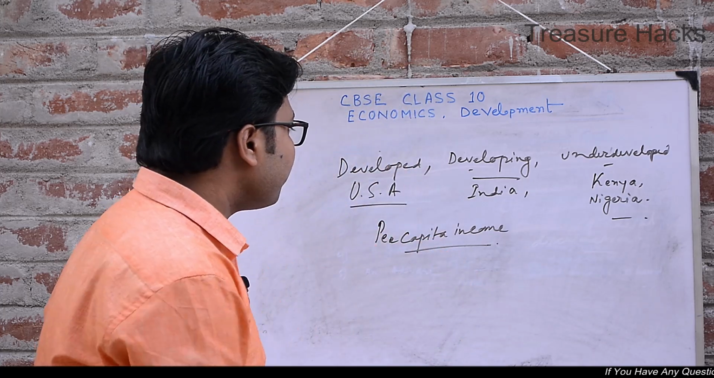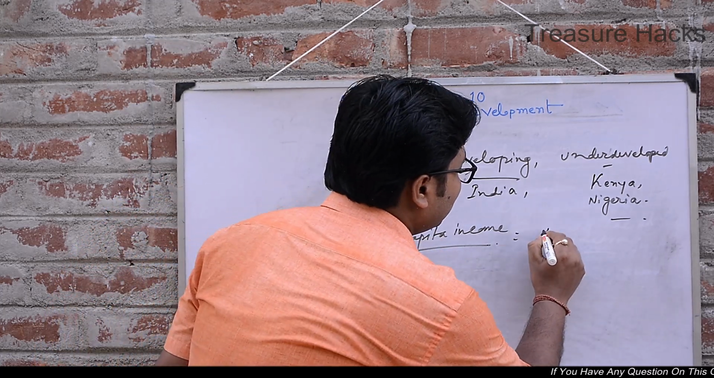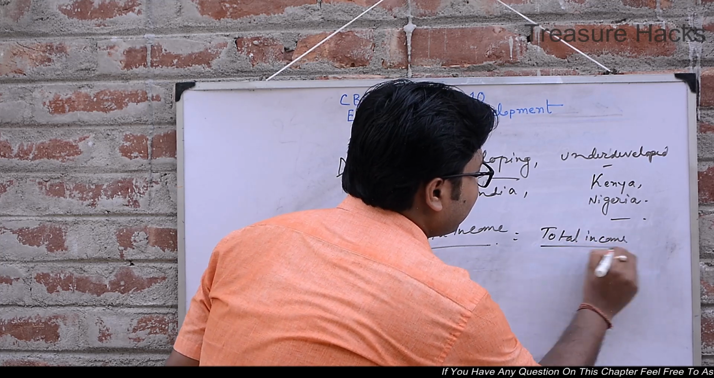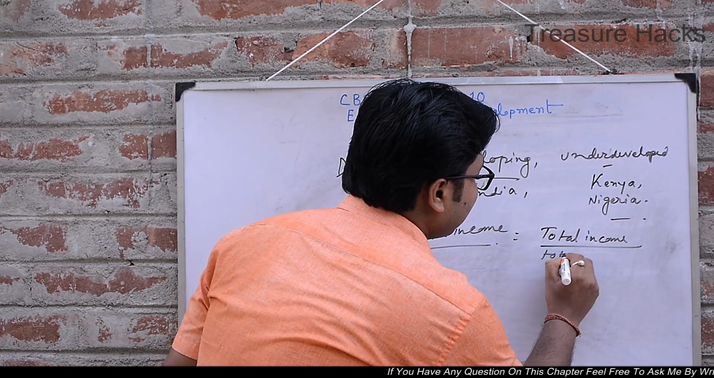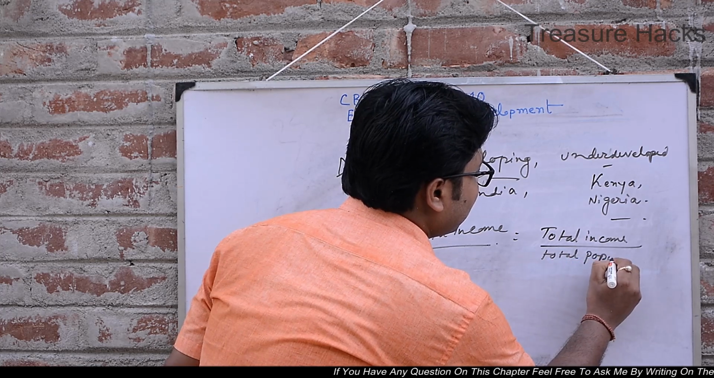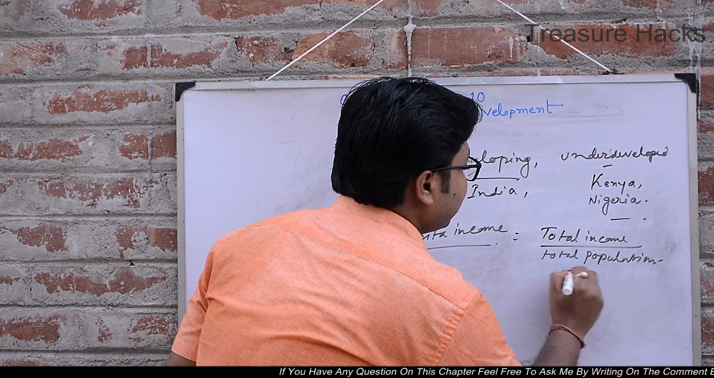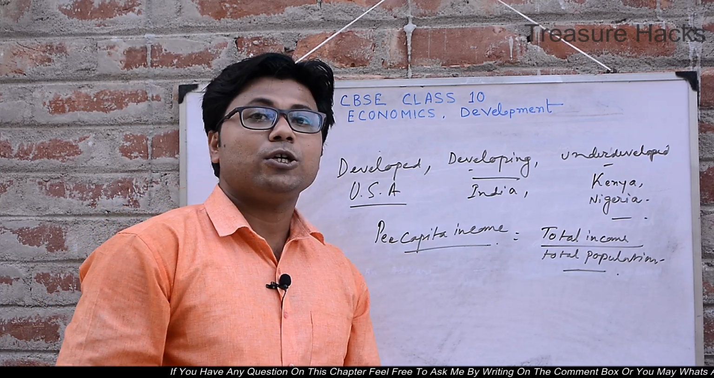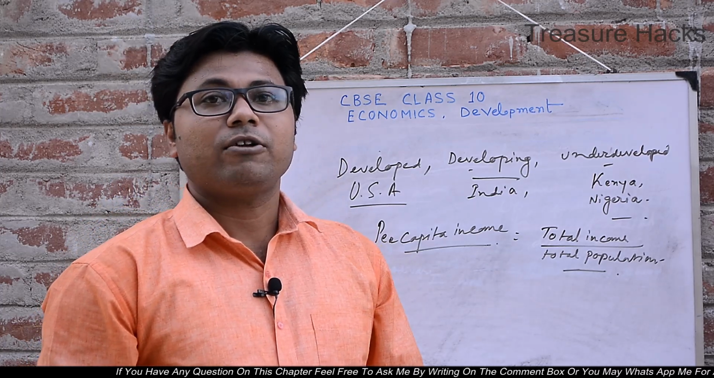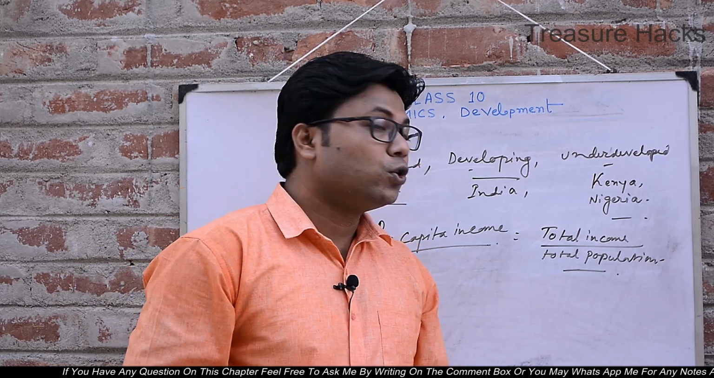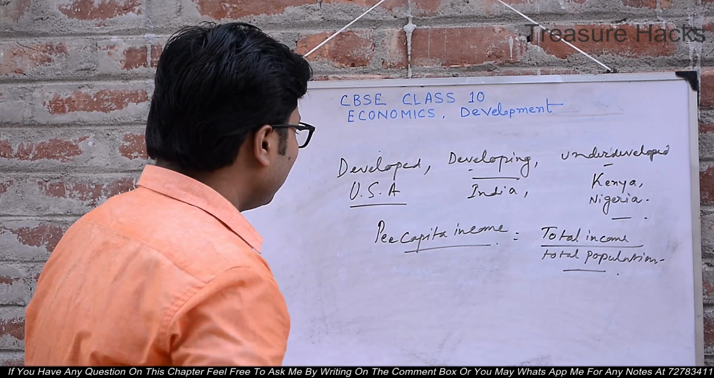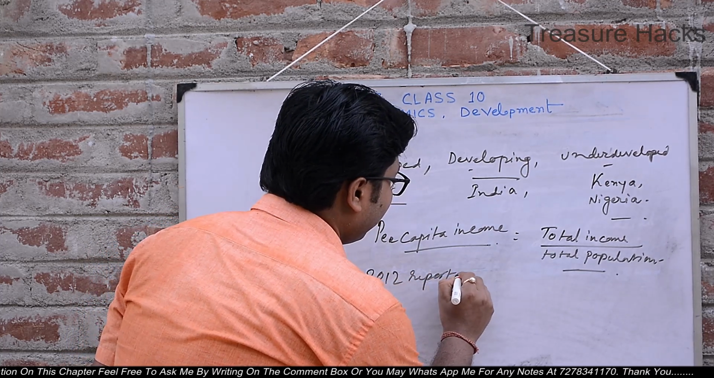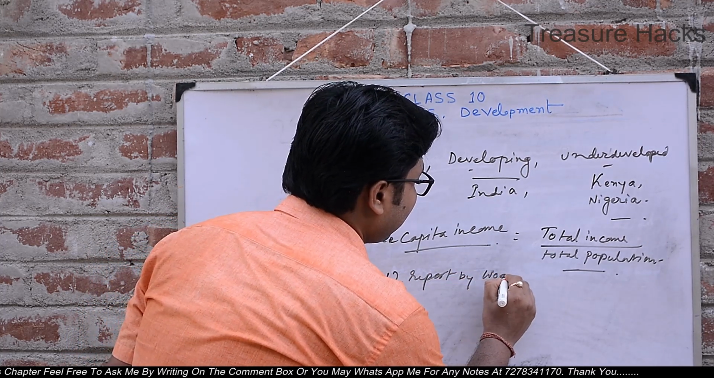And what is per capita income? Per capita income is the total income of a country divided by its total population. So per capita income is calculated by dividing the total income of the country by its total population. And according to a 2012 report by the World Bank,